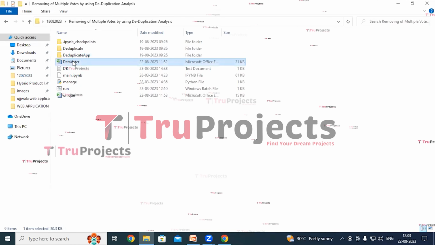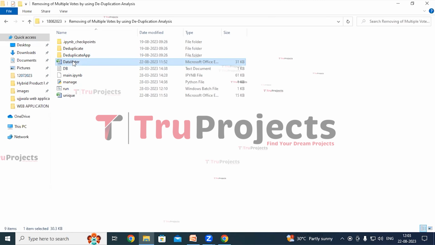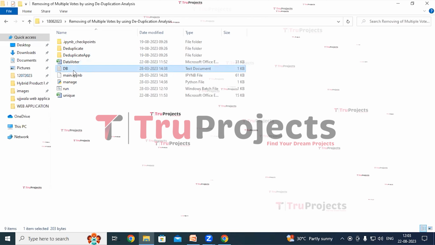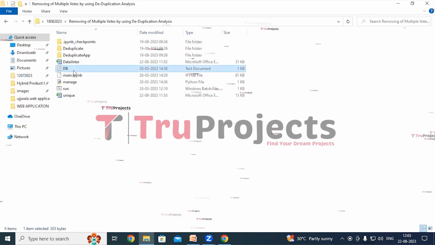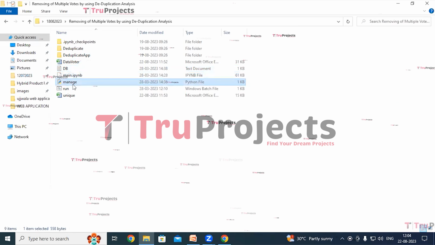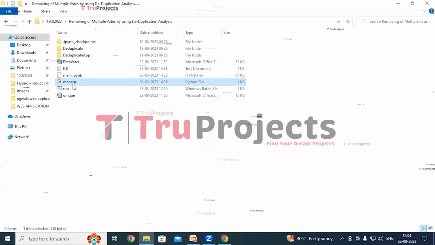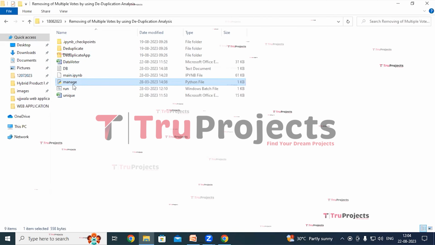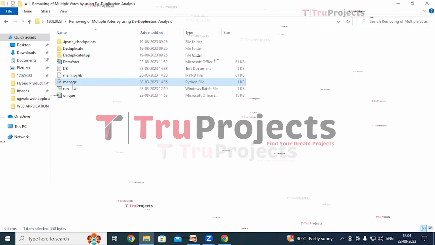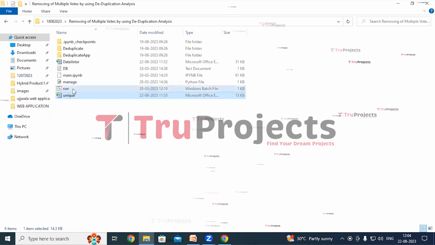This is the data voter Excel file, which contains details like voter ID, age, name of the person, father's or husband's name, etc. This is the DB file. This file contains SQL queries that need to be executed within MySQL Workbench in order to establish the required database structure. This is the main IPYNB file. This is manage.py file. It is a command line utility that comes with Django. It provides various commands for managing Django projects, including tasks like running the development server, creating database tables, applying migrations, and more. This is the unique Excel file where the data after removing duplicates will be saved,